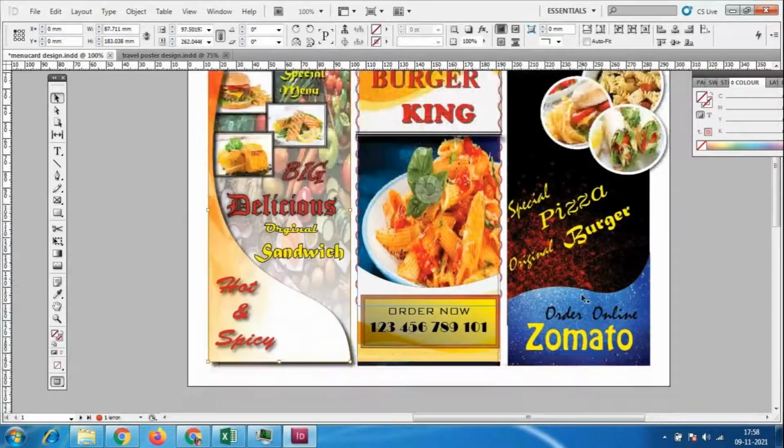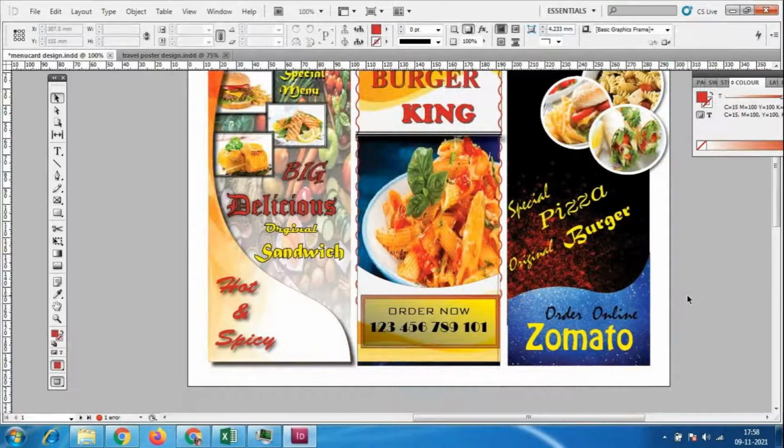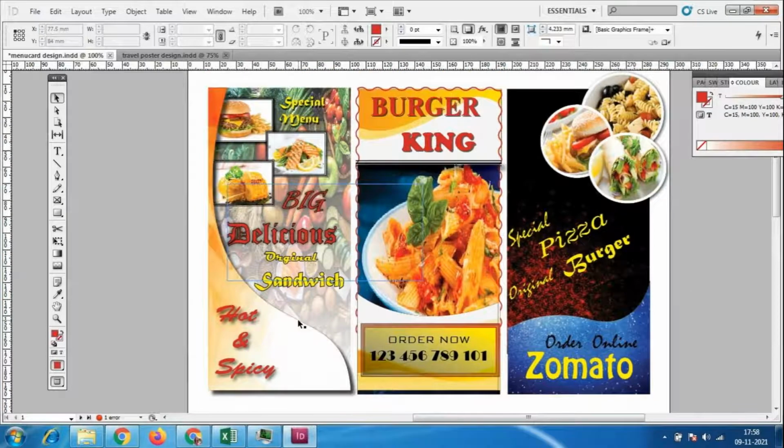So if you want to make it more bright, here I have used three different themes. Okay, so this is a blue and black kind of combination. Suppose you want to make a combination, we can continue with this combination only. So this is an orange and red combination here. Somewhere here we have the blue option also. Even this is a combination with orange and yellow. For that I have highlighted some of the text.